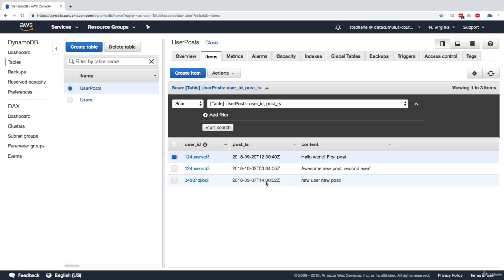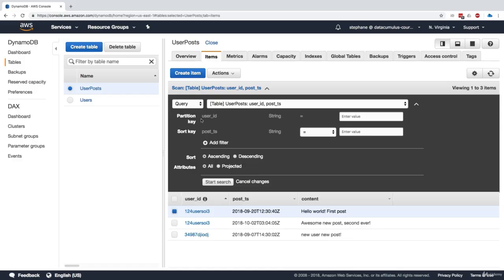But the other thing we can do to return a lot of different data is to use a query. So if we use a query, here we're able to specify the query parameters. And so as we can see, we can query on the partition key for user ID, and it has to be equal. So it has to be equal to a value we want. So for now, let's just take this value right here. I'm going to copy it and paste it. So here we're going to say we want to query for this user ID with this value right here.